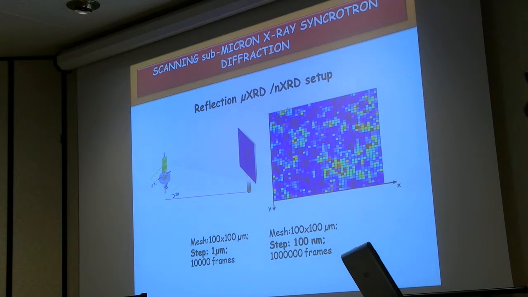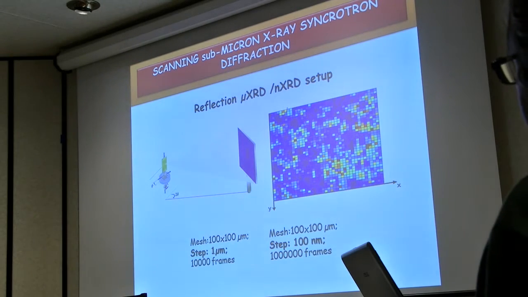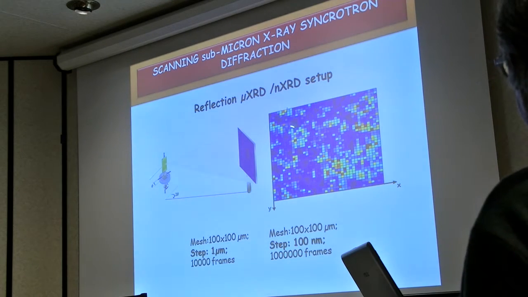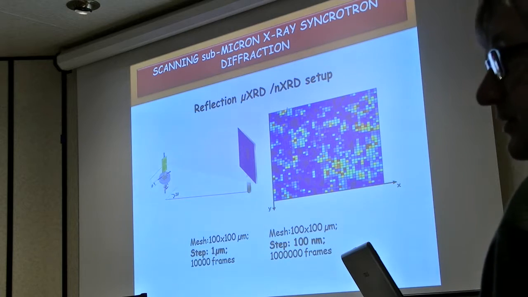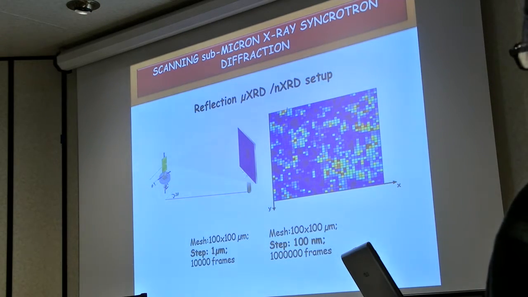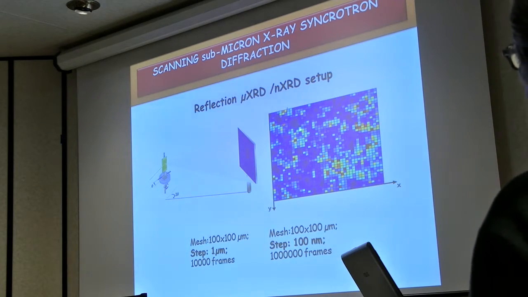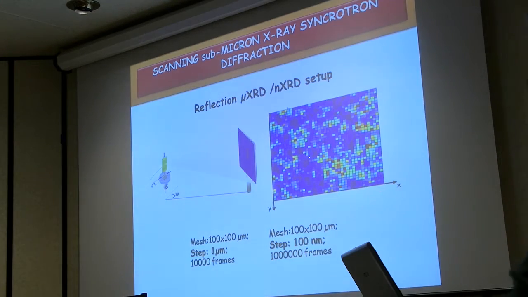Once we know the reflection associated with this order, the next step is to map the sample point by point. This is done by moving the sample under the beam, under a very focused beam, and in this way we get rich maps of the feature